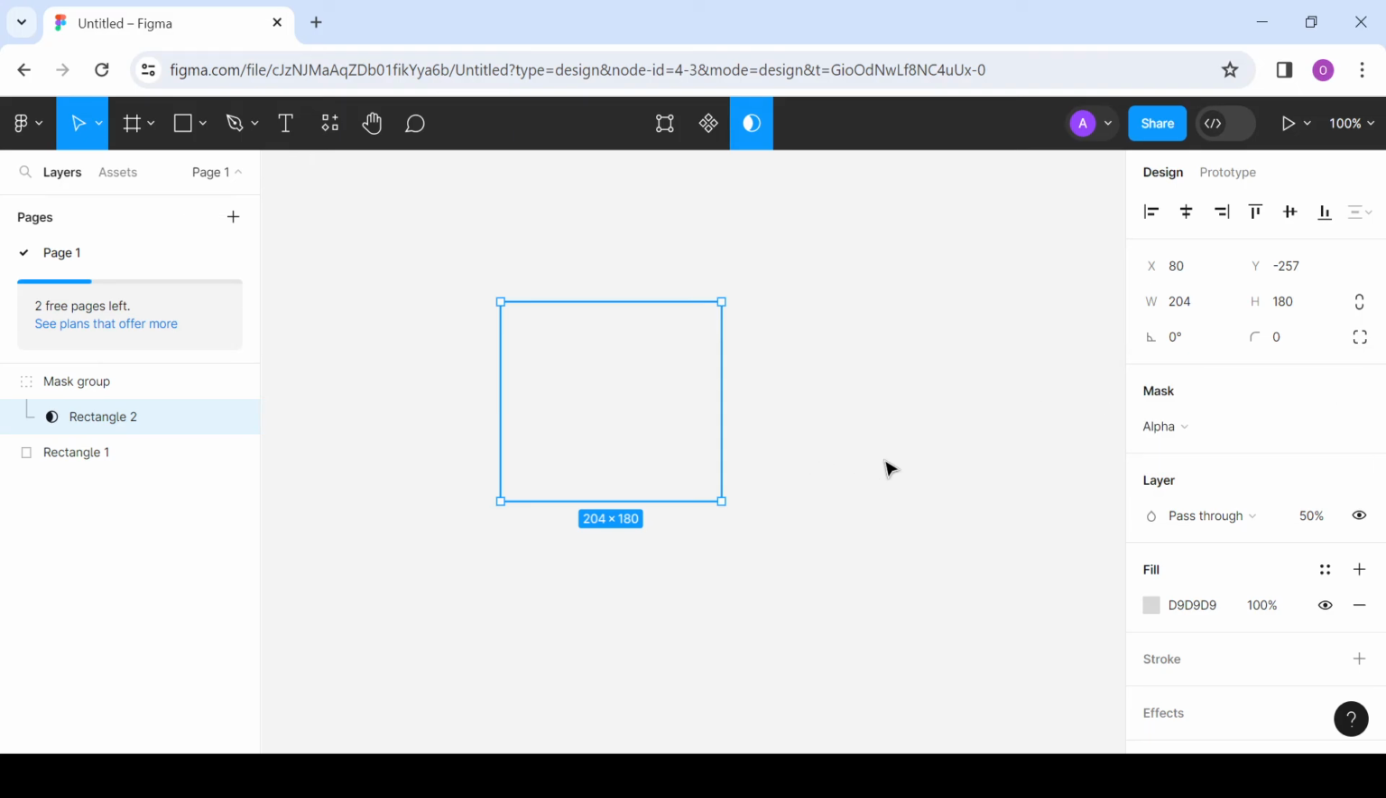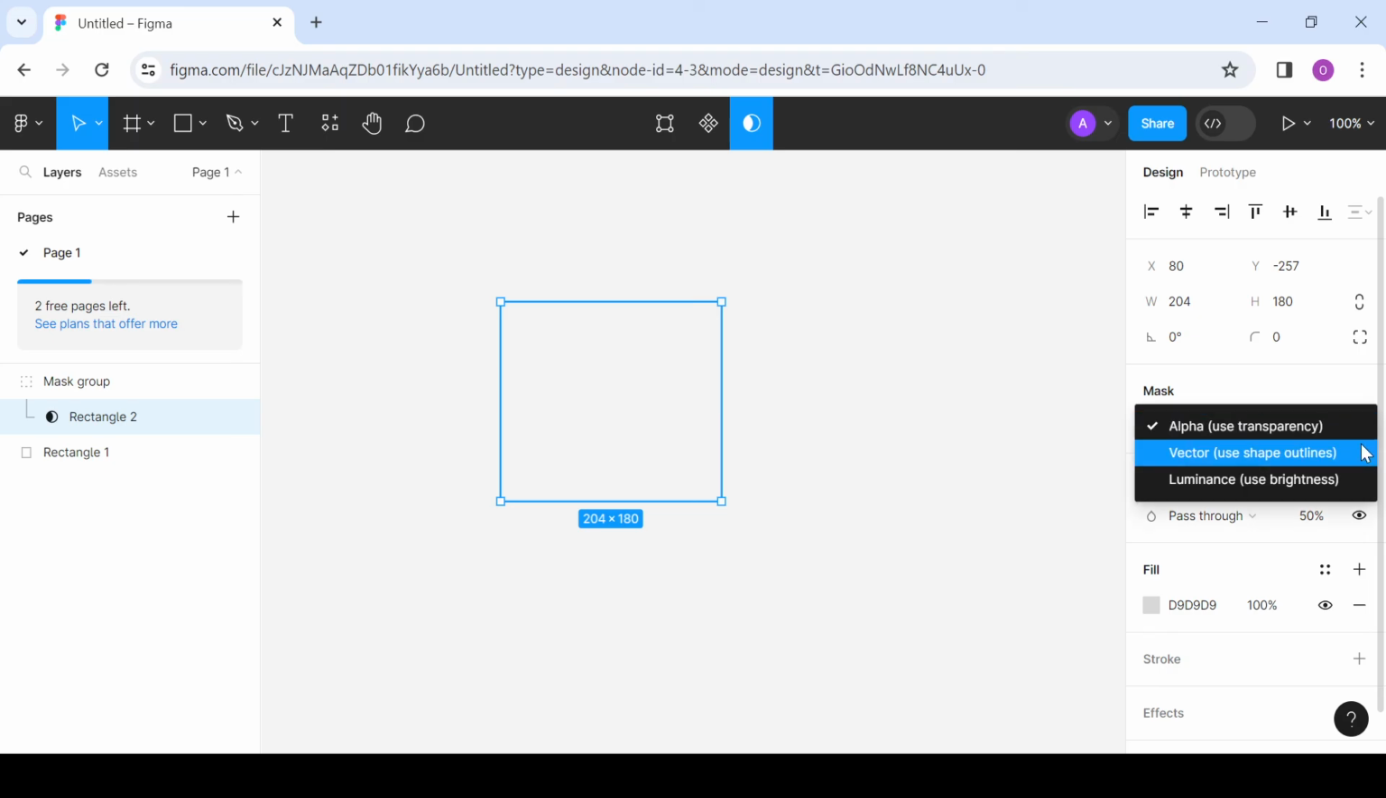Remember, you log on to your Figma account, then you click on the use as mask icon, then you move to the right side of the screen where you see masks, then you click on the arrow to make the right choice. If you want to use alpha, you click on it. If you want to use vector, you click on it. Then if you want to use luminance, you click on it. So this is simply how to